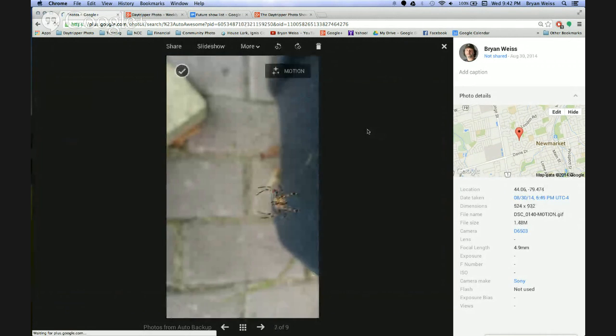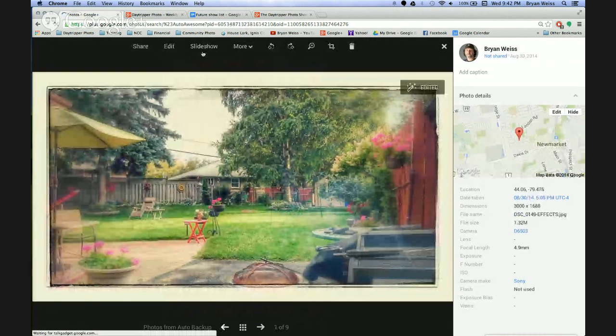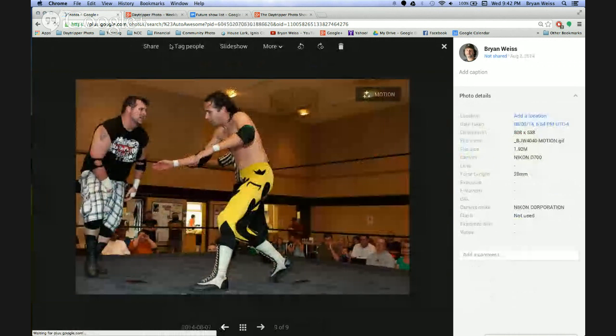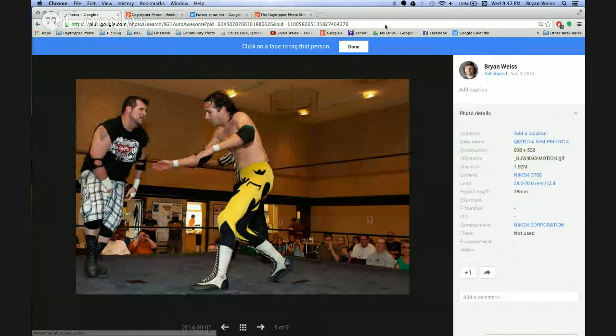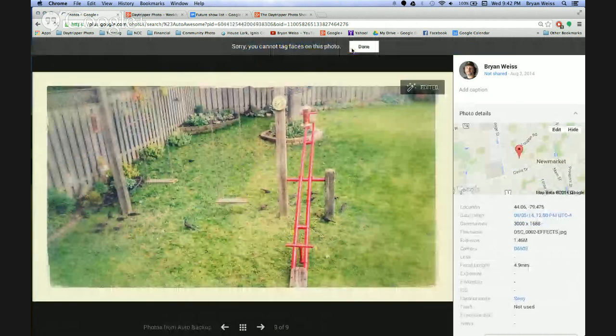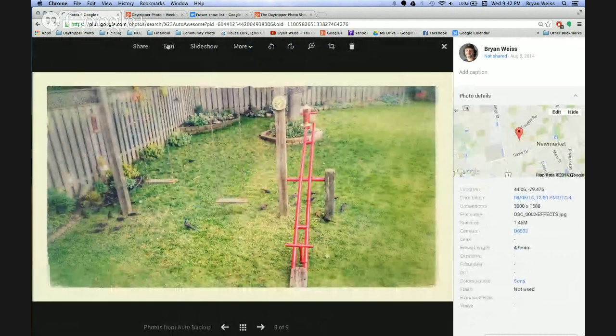Of course, from this point, I can also delete the photo. I can share the photo. I can create a slideshow of the photo. And I can edit the photo. Whoops. There we go in here. I don't want to tag anybody. There we are. Okay, so if I want to edit this picture here, I just click on Edit